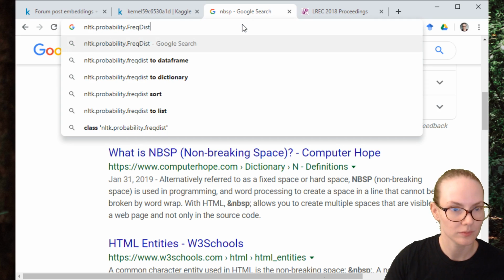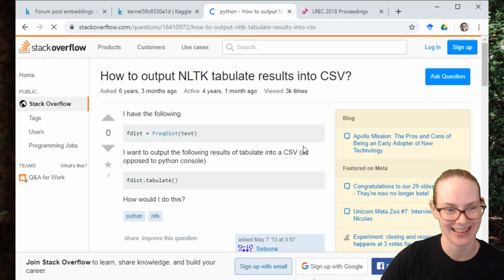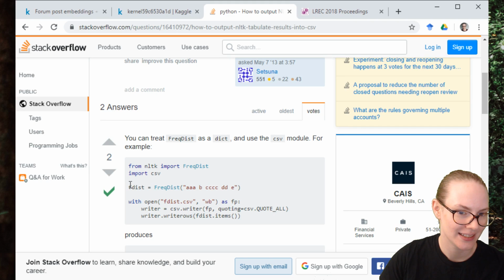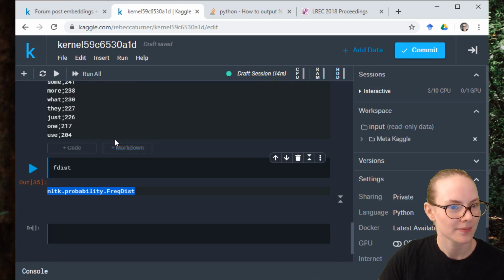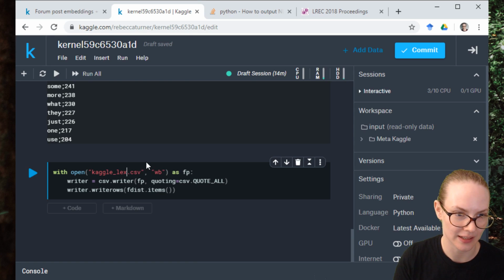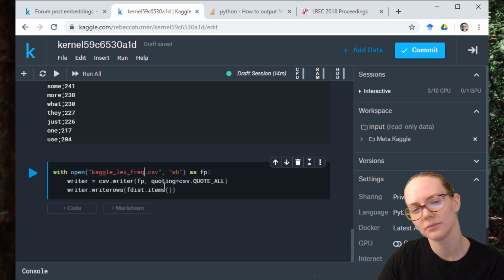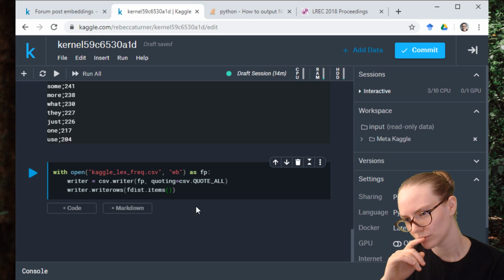to CSV. Has somebody already done this? Can I just copy? Yeah. There we go. That's what I'm looking for. Thank you, Stack Overflow. Let's call this Kaggle Lex Freq. So this is the raw frequencies. My question is, because the reason that we're doing this is that we're going to be...